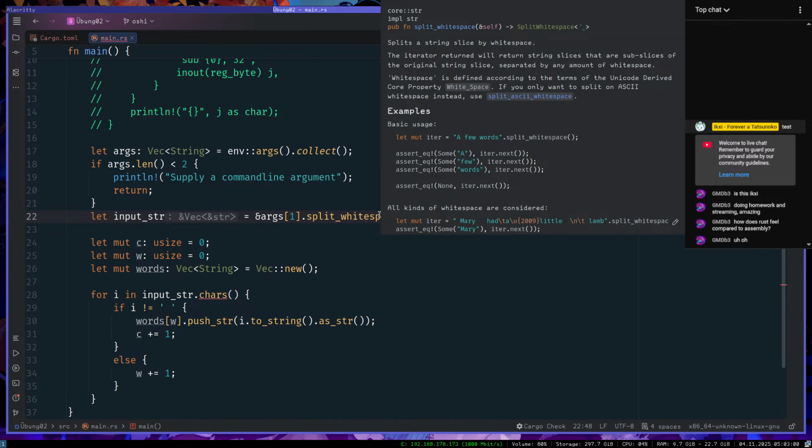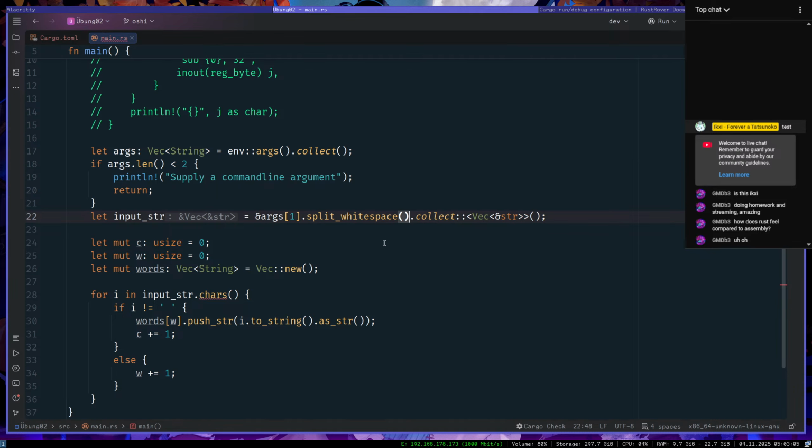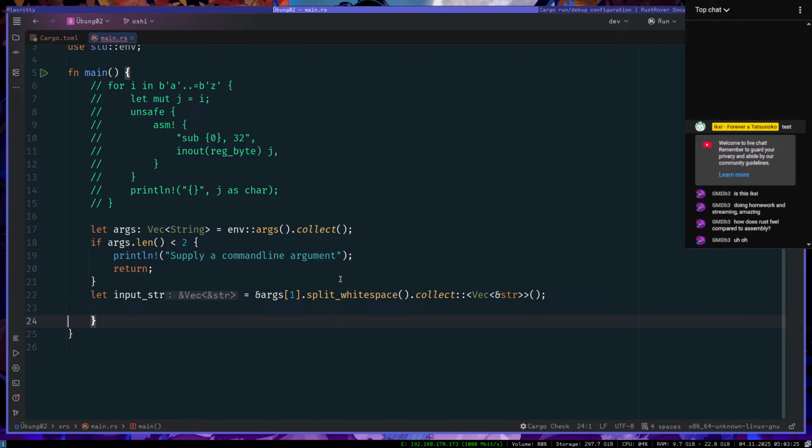Okay. It's so confusing that there's so many ways to do it. Okay, in C there's also many ways to do it. I was about to do it fully manually.